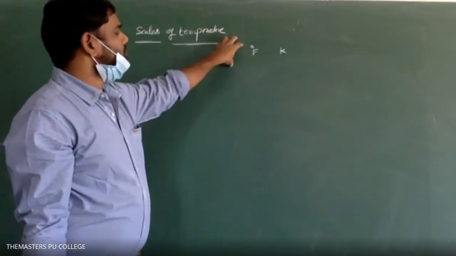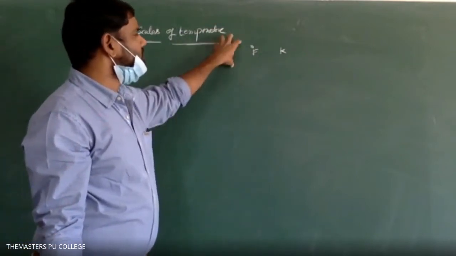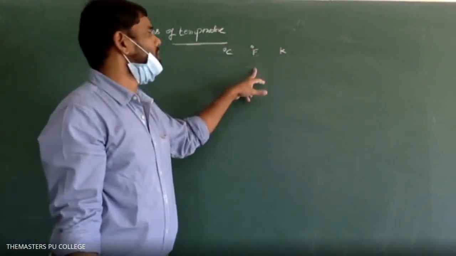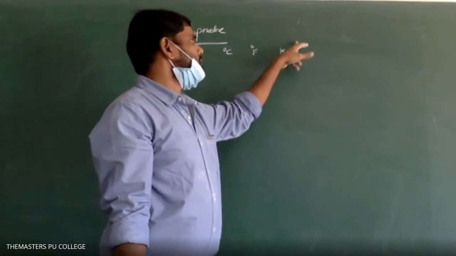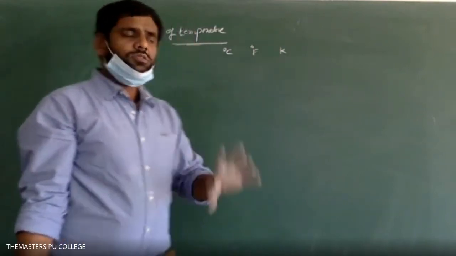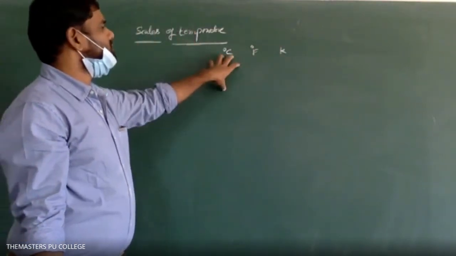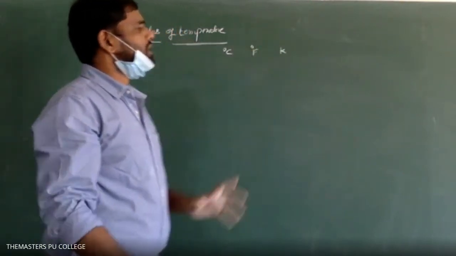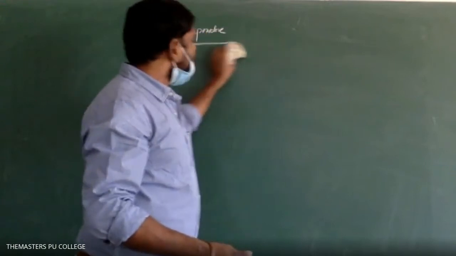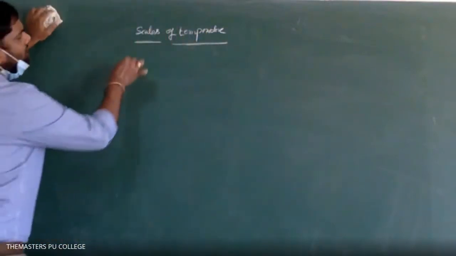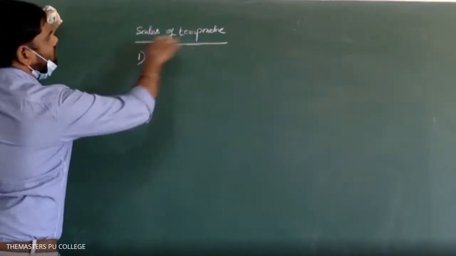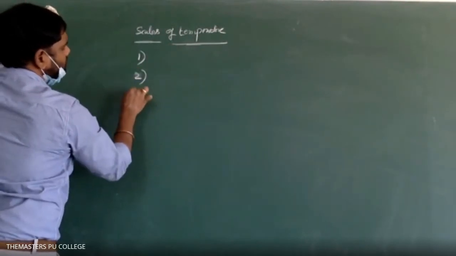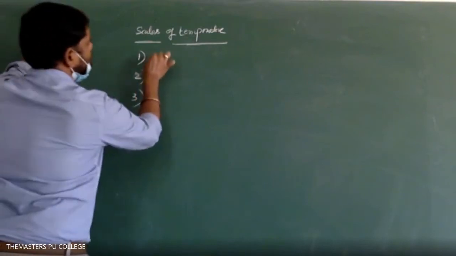Generally, the atmospheric temperature is measured in degree Celsius. The temperature of our human body is measured in degree Fahrenheit. In laboratories, the temperature is measured in Kelvin. Then how can we design a Celsius scale, a Fahrenheit scale, and a Kelvin scale? The designing of a scale consists of three steps. The first one is